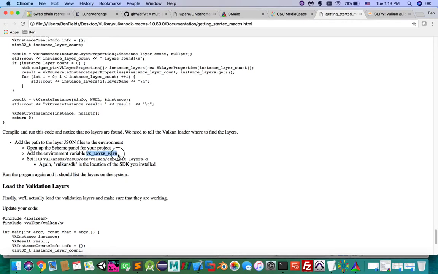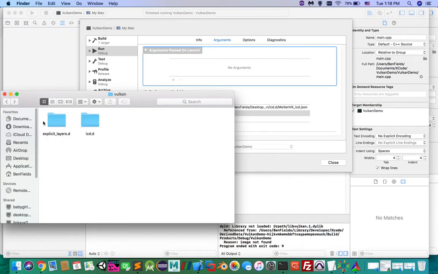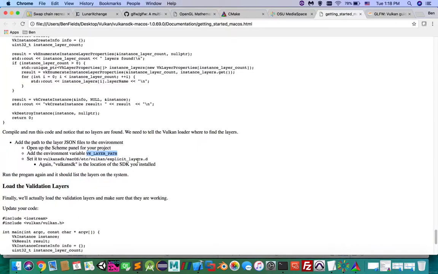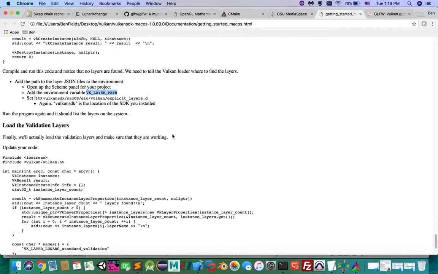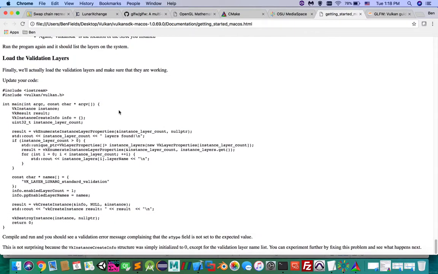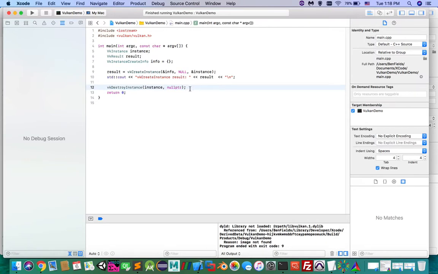And you can see down here it says to add the VK_LAYER_PATH variable. Similar kind of process. This is your explicit layers. Just make sure that's all right. Yep, explicit layers, okay. So that's the initial environment variable setup, but I think this will still cause a problem because I was running